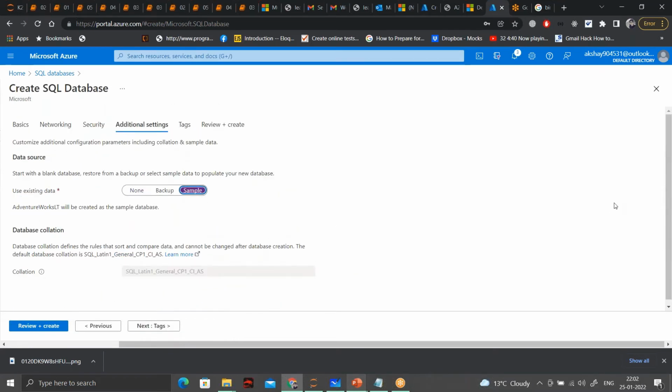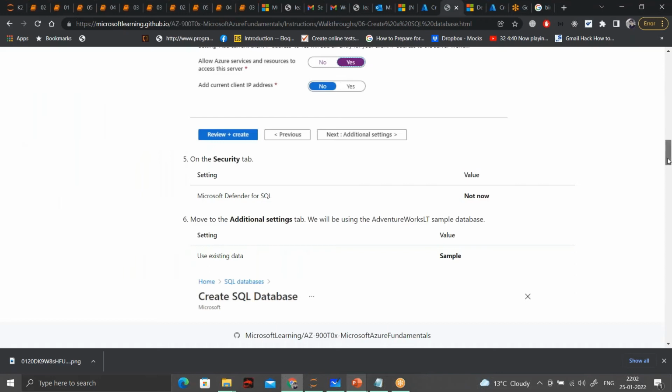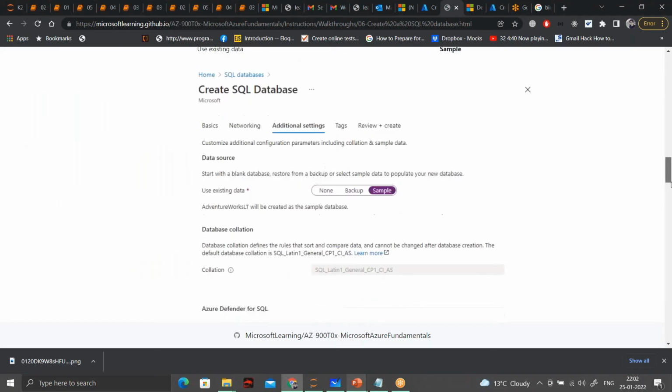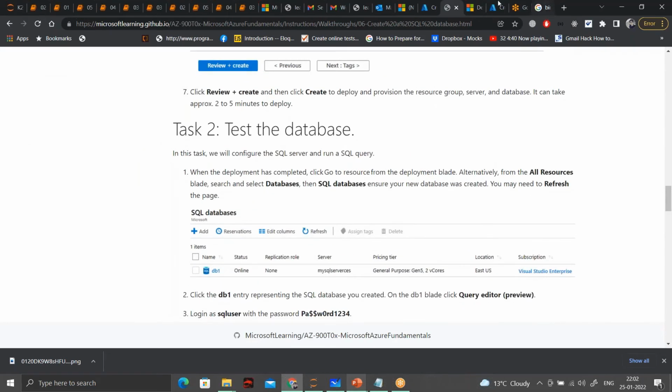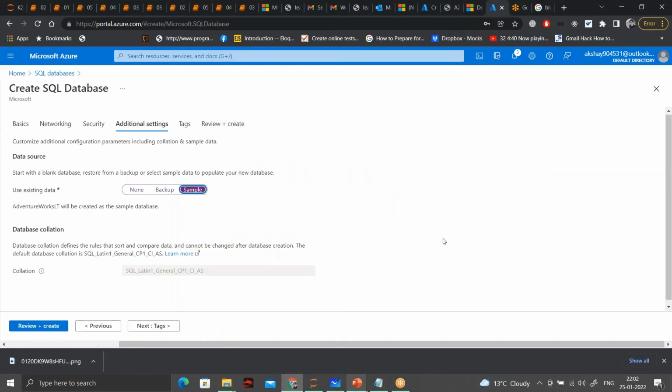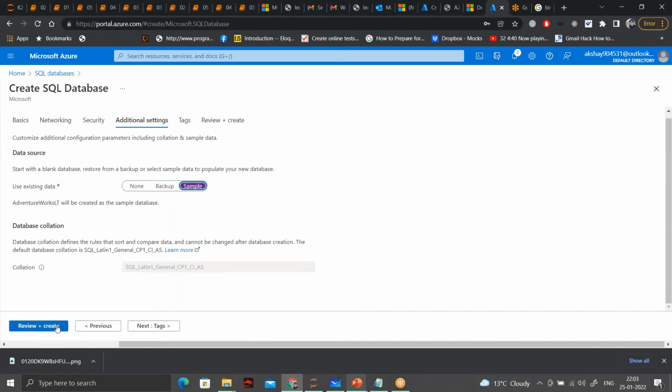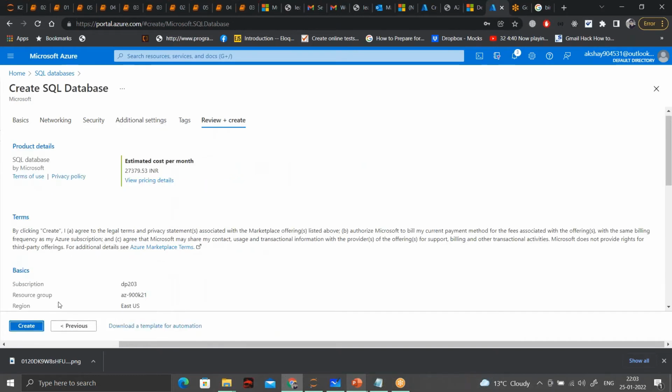This is the default collation and settings. I don't think we have to do any configuration for this. So now it has started to create the database.